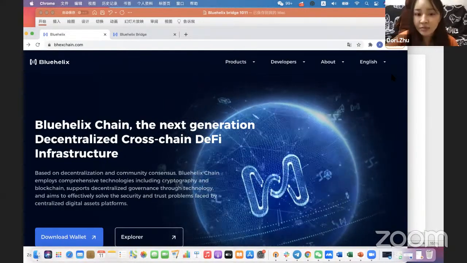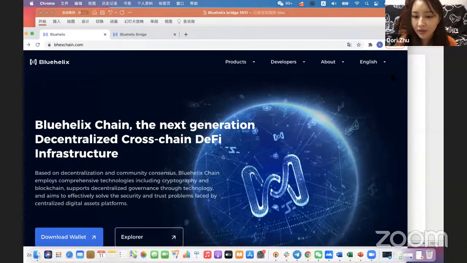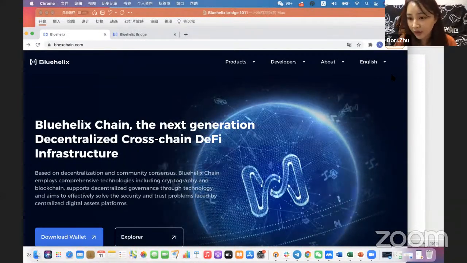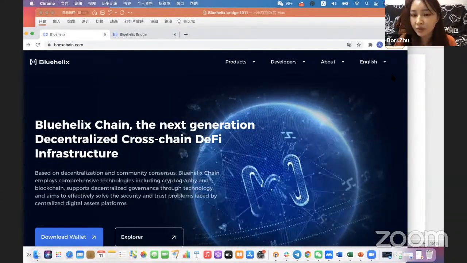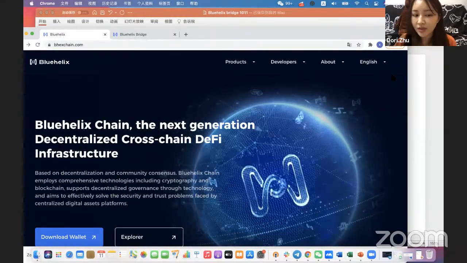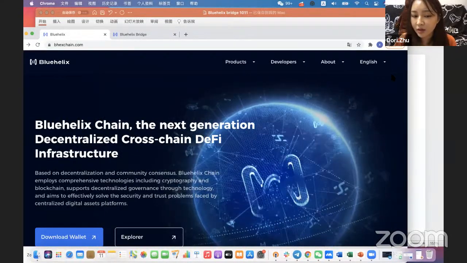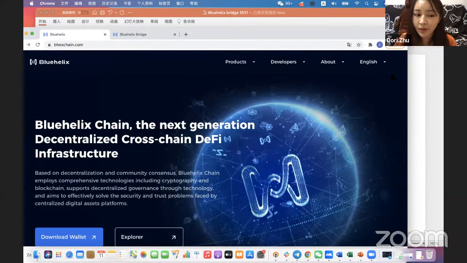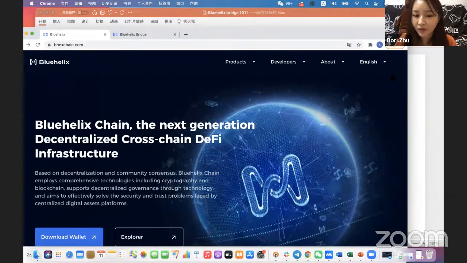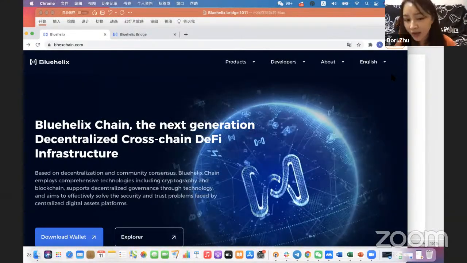I know many cross-chain bridges are based on the deployment of smart contracts, so they may be attacked by hackers. But we are totally based on MPC technology. We are totally decentralized. We don't deploy any smart contract, so we can avoid hacker accidents from this aspect.